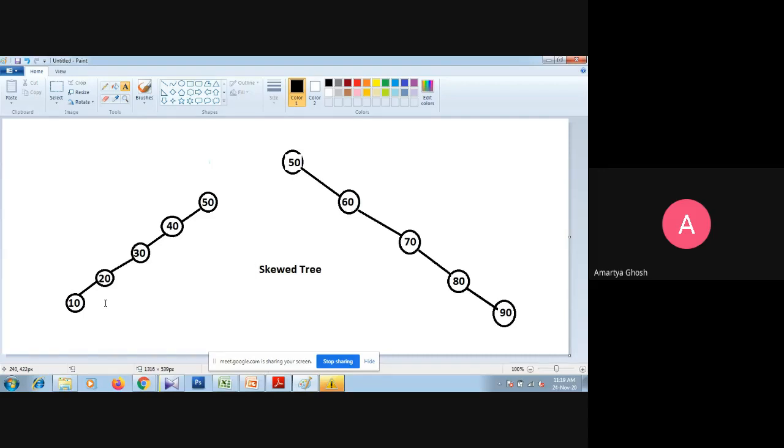So we can say 25 is not available within the list, but still we have to compare four times. Okay, so that looks like a linear search. This is not a feature of a binary search tree, or binary search. So that is the disadvantage of the binary search tree, because it is not balanced. If we want to get the advantage of binary search, we need to balance this binary search tree.